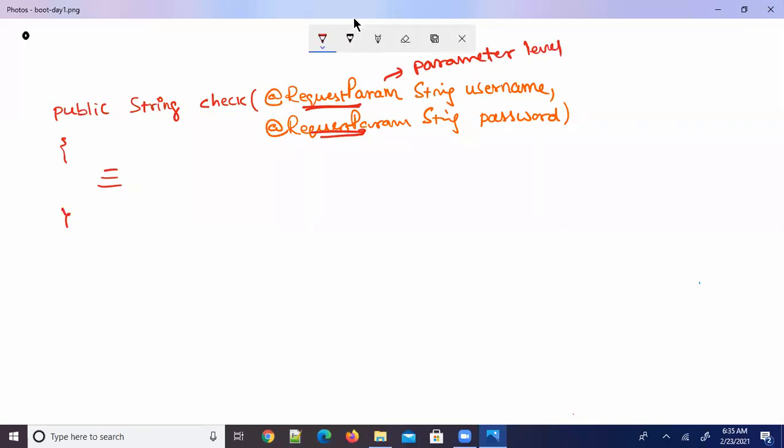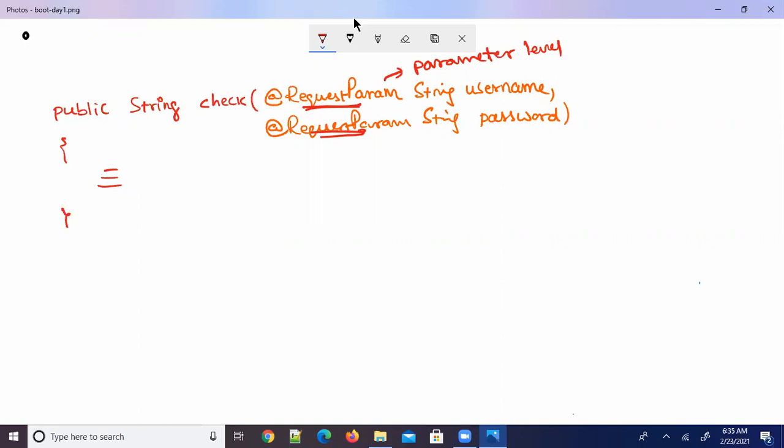What finally I would like to explain is that annotations in an application, we can use at various places: at a class level, at a method level, at a field level, at a constructor level, at a parameter level. At the time of creating an annotation in Java, there is one annotation provided called Target.